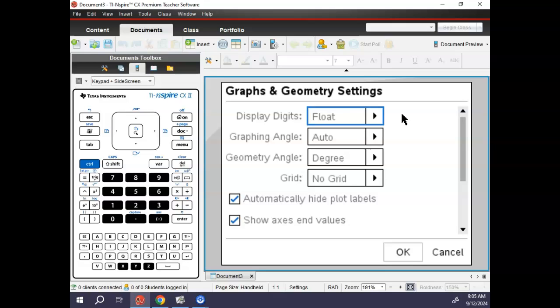Float 6 probably would be fine for us, but what float 6 means is you're going to see 6 digits no matter what. So if the number was 1,587.5578, whatever, you'd only see like the 0.55, and we need at least 3 decimal places, right? The float will let us see that, but it doesn't overwhelm the screen like I thought it did. So, and then auto degree, and then make sure these 2 things are checked. The rest of the stuff that you can't see on my screen is irrelevant. Don't worry about it, but you want that, and you want to make sure no grid. If you have make default,